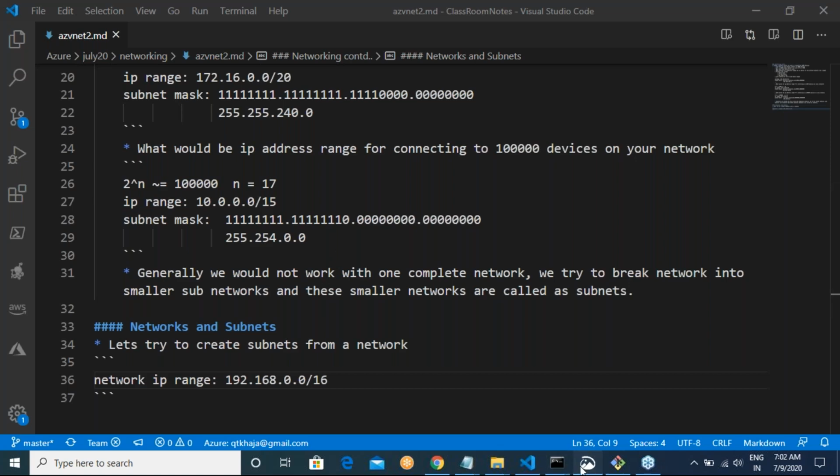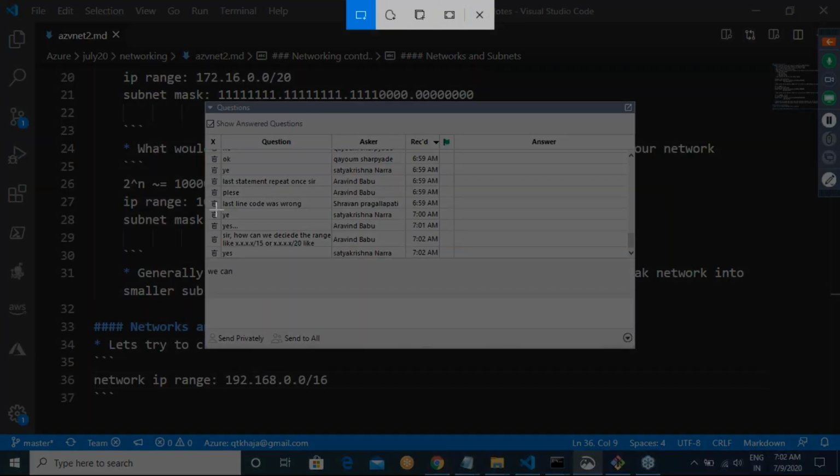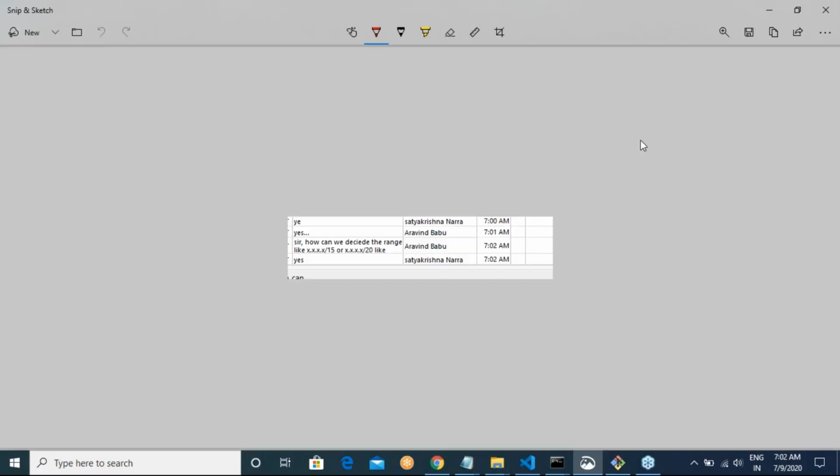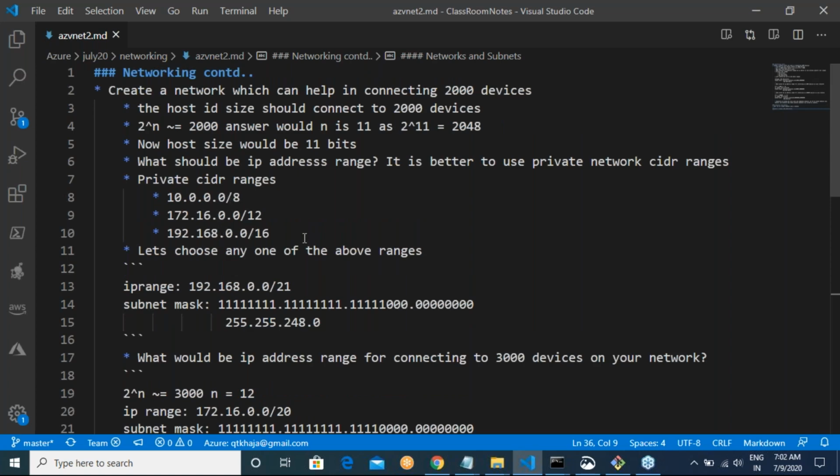So Arvind, if you want to decide on the range of this, I have said that we will always be using private IP addresses. For private IP addresses, we have only three ranges, so you would choose any one of them.